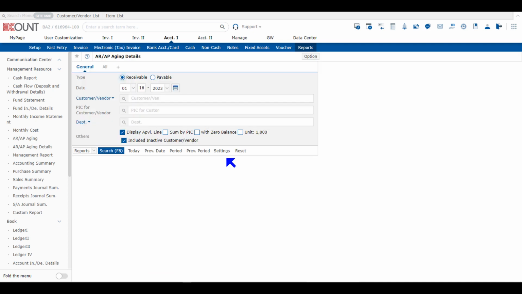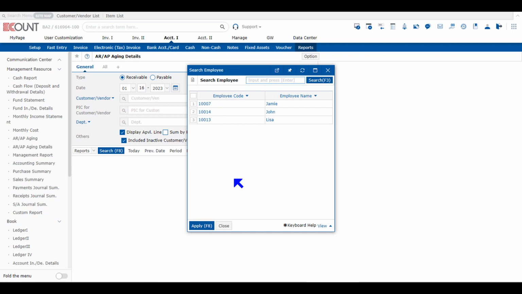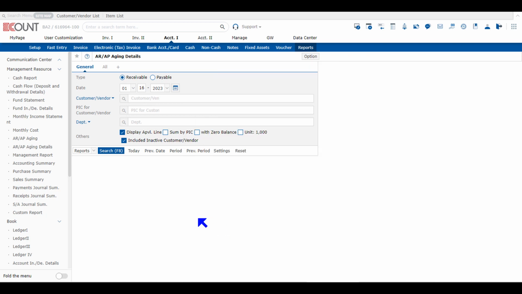In the search template, you can select Type field between Receivable and Payable, and set the search conditions in the same way. You can set the base date and Department and Project field if necessary, and select a PIC if you set the PIC of each customer vendor in the Setup menu, and in Others field at the bottom, you can view